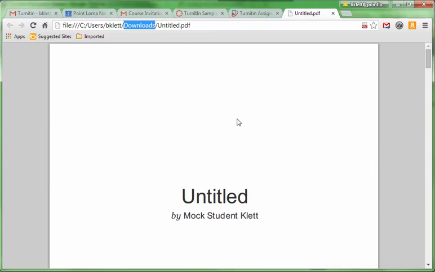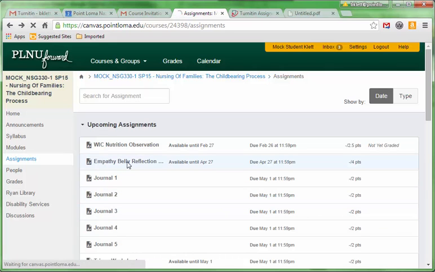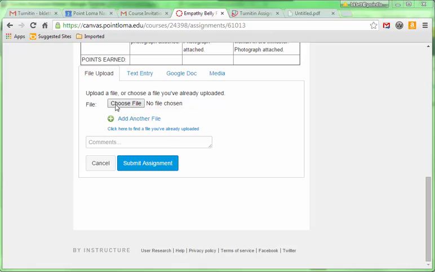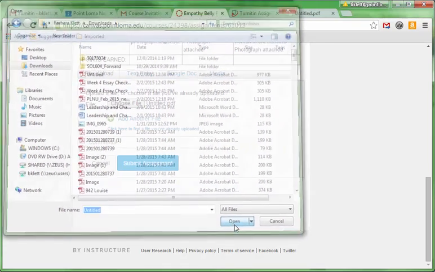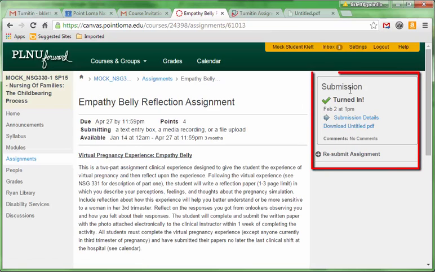My next step in the process is to turn in this Originality Report into a Canvas assignment. So I'm going to go back into the course, and I'm going to turn the paper in. So I go to the assignment, I click Submit Assignment, I choose the file, and submit the assignment. I can then see my submission receipt, and there's the submission details,